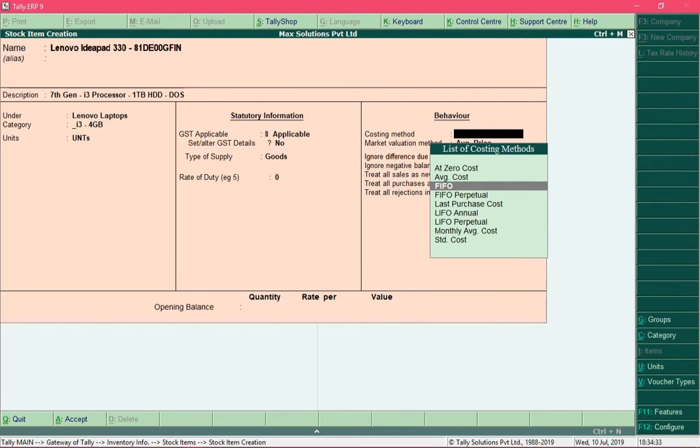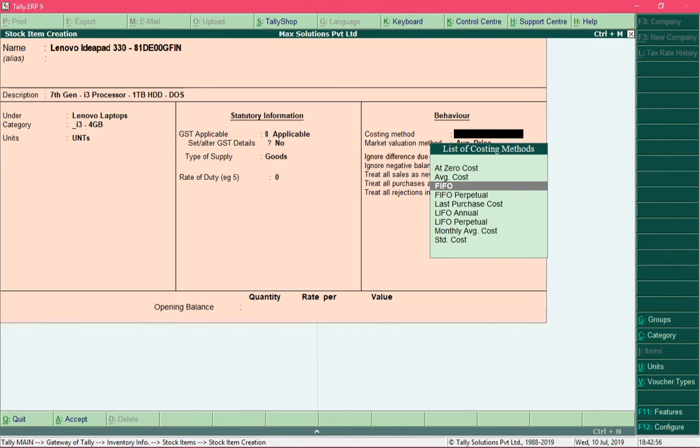If we go by the method first in first out, Tally would mark the first laptop which I purchased as sold. So it will consider the cost price of the laptop as 100 and the selling price as 120 rupees, and my net profit would be 20 rupees.